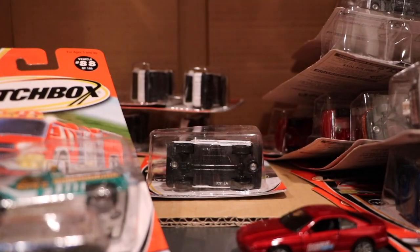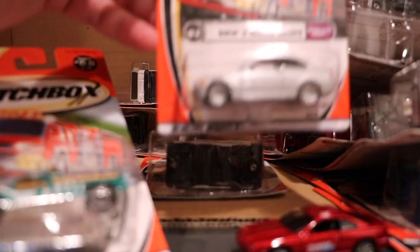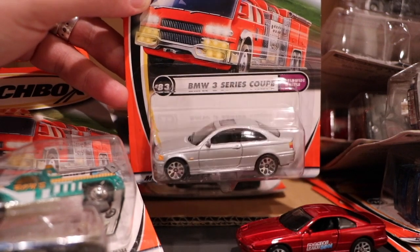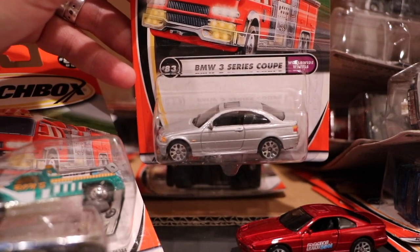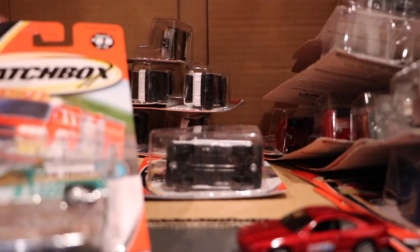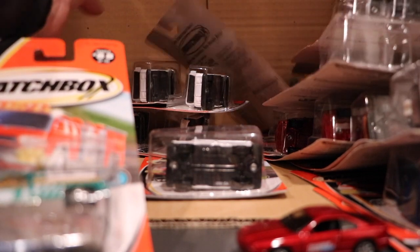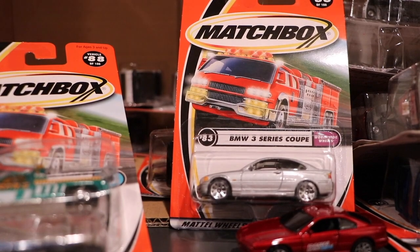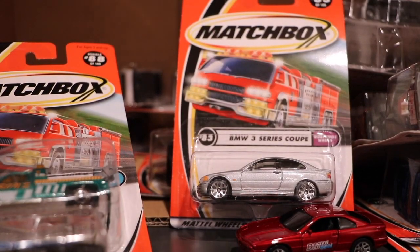Plus, this is a casting I think could make a return now and be wildly popular along with the BMW 1M or M1, whatever you want to call it. Anyway, lots of cool stuff. I think when you look at this era of cars, I think you can see that this is Matchbox how it should be. Real cars plus real looking, realistic utility vehicles, construction, fire, police,